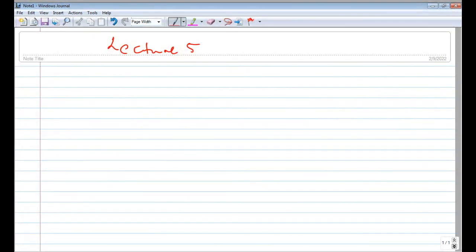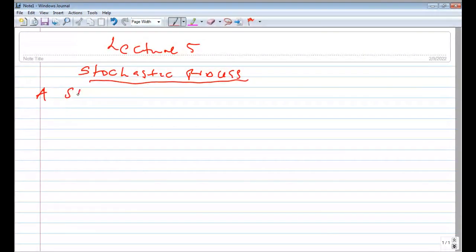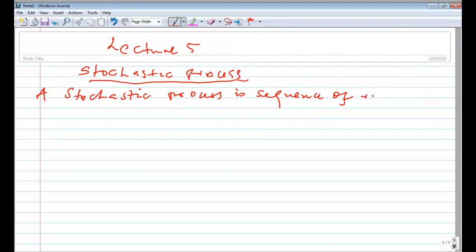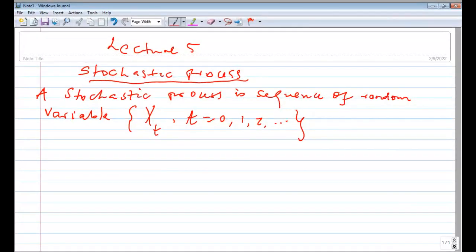Okay, lecture number 5 is about stochastic processes. The question is, what is a stochastic process? A stochastic process is a sequence of random variables X_t, that start from 0, 1, 2 up to infinity, where